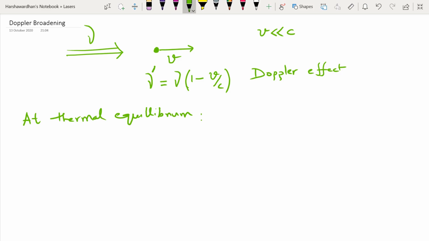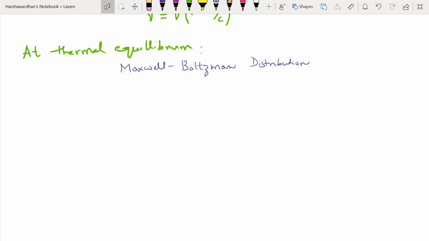This is given by something called the Maxwell-Boltzmann distribution. These are both names that have been at the heart of developments in statistical mechanics. So the Maxwell-Boltzmann distribution gives you the following. The fraction of atoms df with a velocity v is simply given by this quantity. M is the mass of the atom, k is the Boltzmann constant, T is the temperature in Kelvin. This is a normalization factor, and essentially it is a